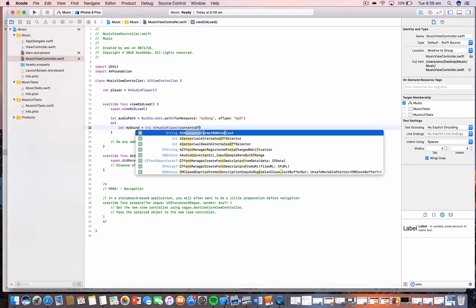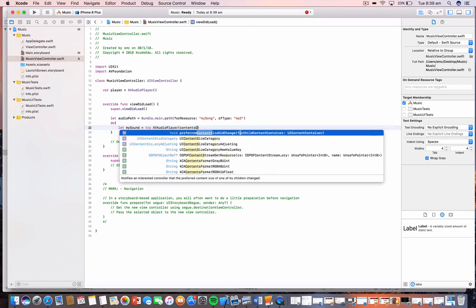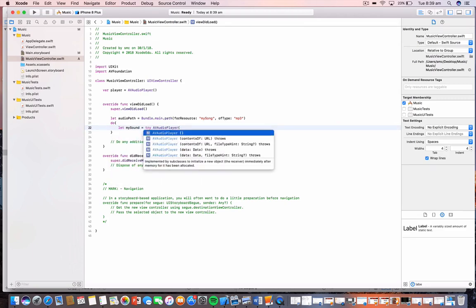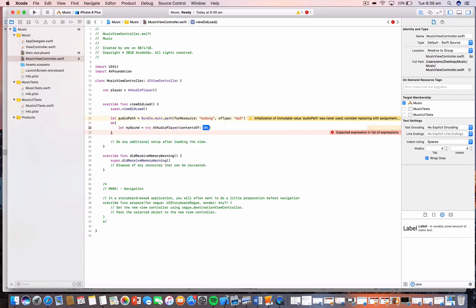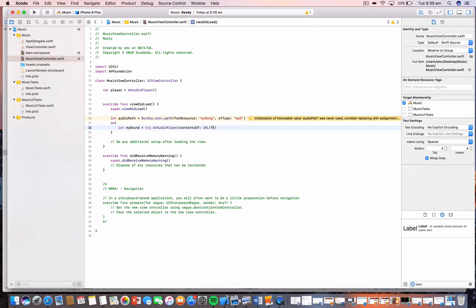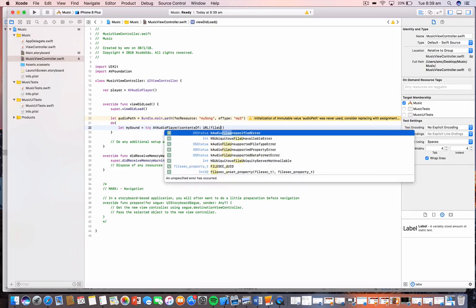It's not quite, sometimes when it doesn't come up the way you want, just backtrack a bit, AVAudioPlayer, open the brackets, and then look for it. So we've got a contentsOf, and we want the URL. So we want that one. Click return. We're going to type in our URL, and it's going to be URL brackets fileURL